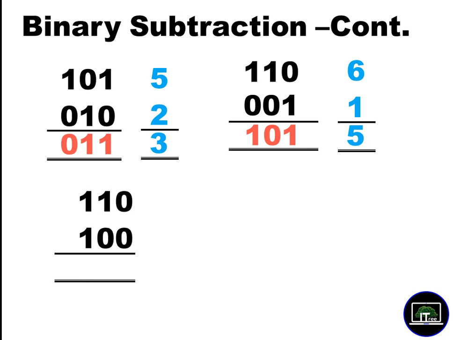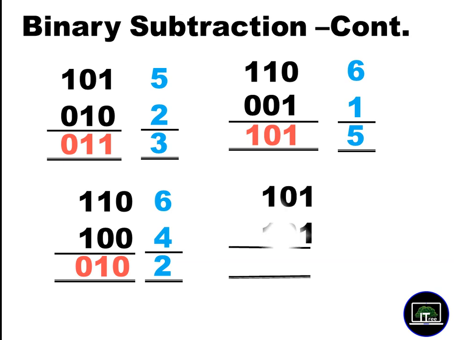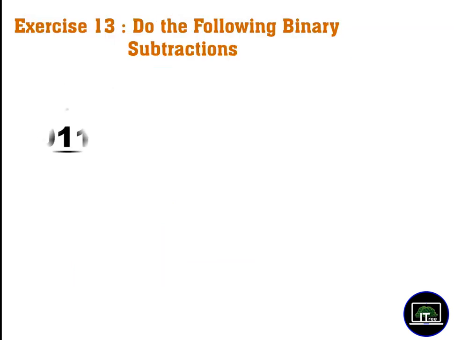You can do this one very simply. It is 010, 4, deducted from 6. Okay. Now 5 minus 5 is 0. Okay. You can do this subtraction now. 1 minus 1 is 0. You can't deduct 0 from 1. You ask from the next line. You get 2. 2 minus 1 is 1. Okay, now we get something like this.